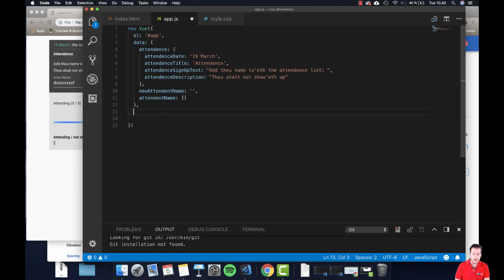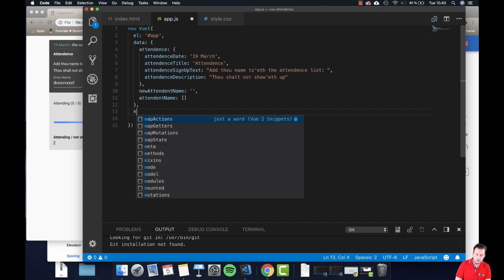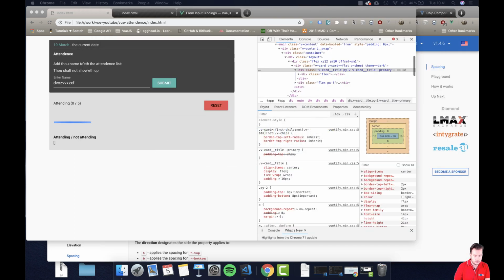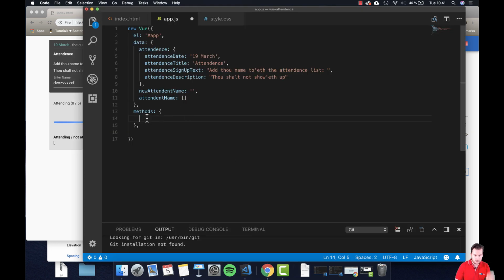So we're going to create a method now that controls this. So type in method and colon, and then the curly brackets for the object it's going to create. And in this method here, we are going to tell the system what it needs to do. So click something and do something, right? So let's go back here. And in our method, we're going to create